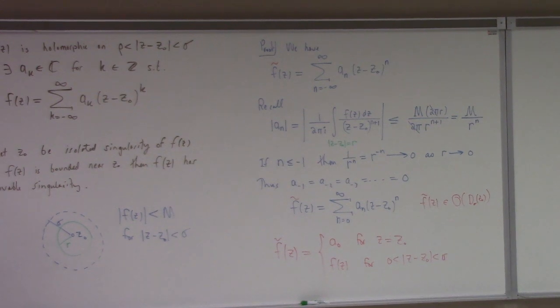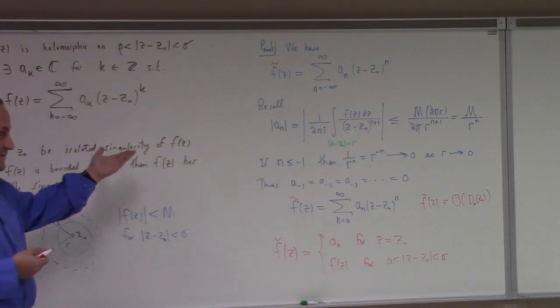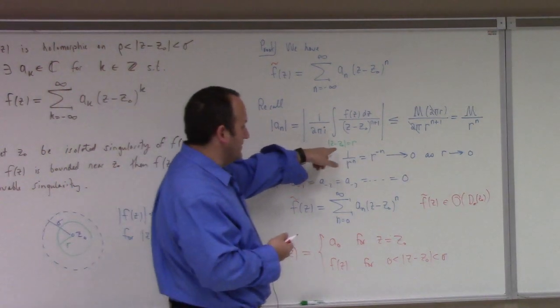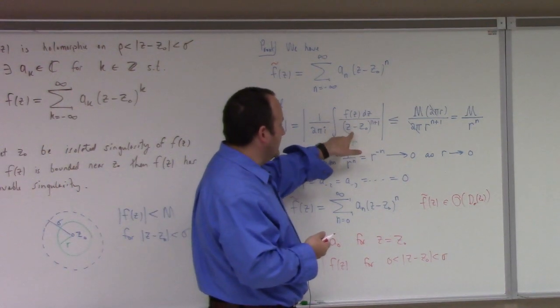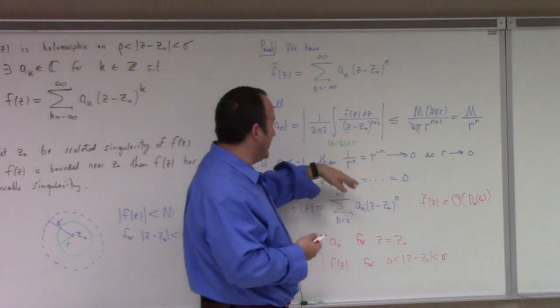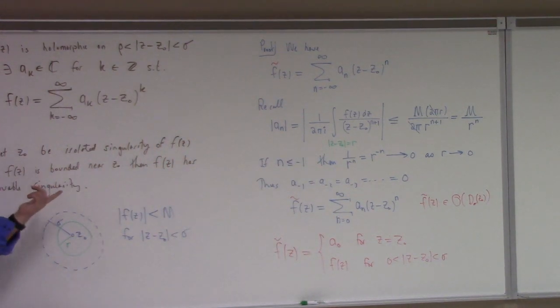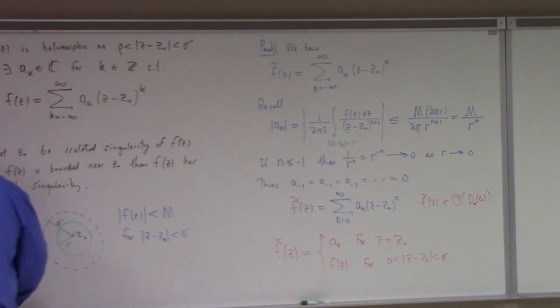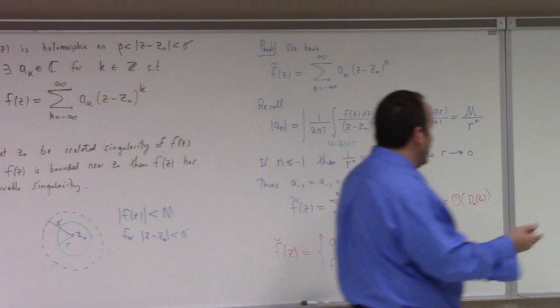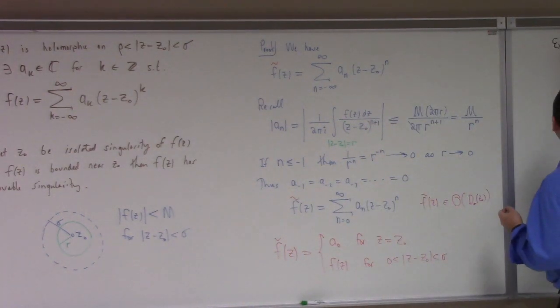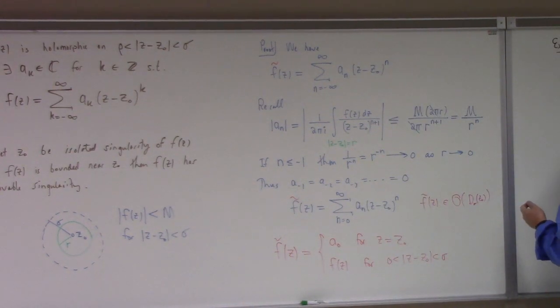I mean, a sub 0 you can calculate by one of these integrals, right? A sub 0 would be the integral of f of z dz over z minus z naught to the first power over any circle you like in there. That will calculate what that is. Now, to give you a more simple example that we don't need to do any integration for, because we can just do a direct calculation of Laurent series, a good example would be f of z is sine z over z,